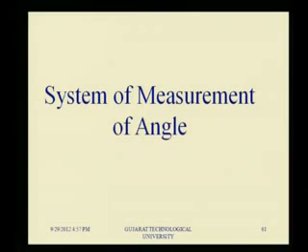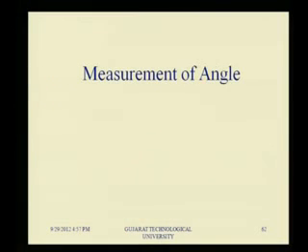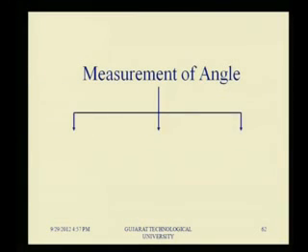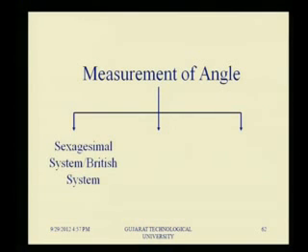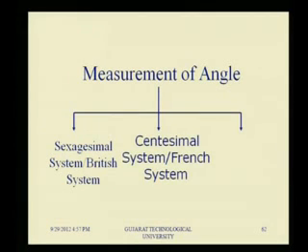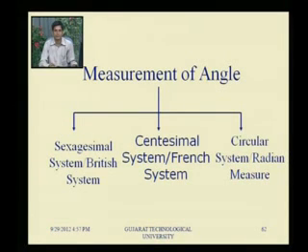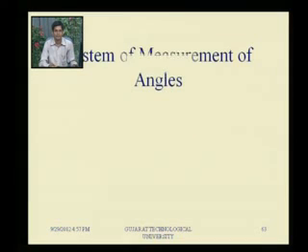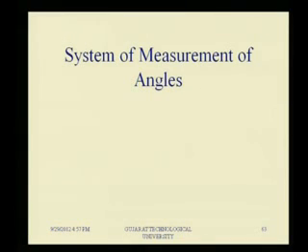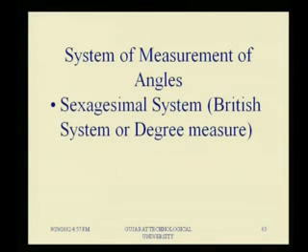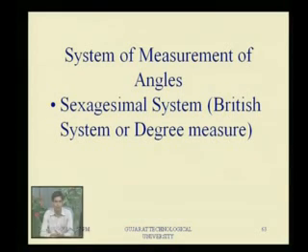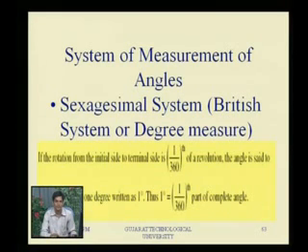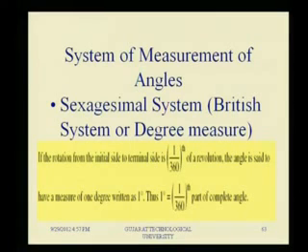System of measurement of angles. For measurement of an angle, there are three systems. First is the sexagesimal system. It is also known as the British system, or degree measure. Another is the centesimal system or French system, and the third one is the circular system or radian measure. First is the sexagesimal system, also known as the British system or degree system. If the rotation of the initial side to the terminal side is